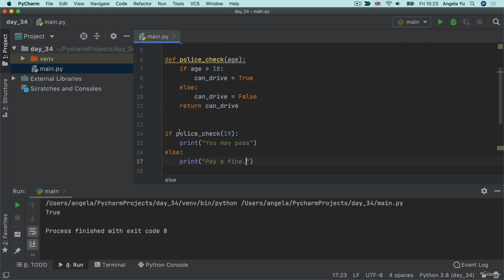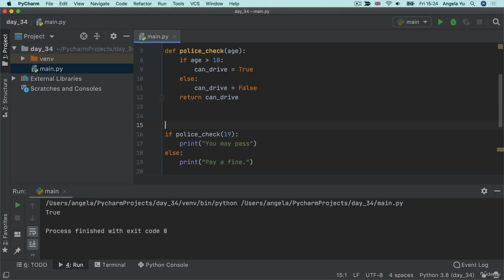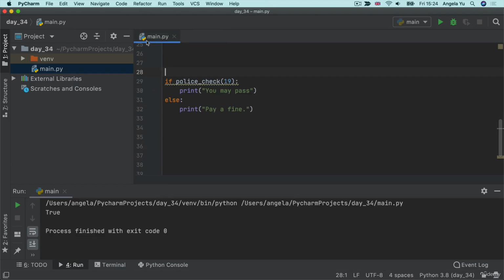So if the police check passes, then the policeman tells you may pass. Otherwise, you might have to pay a fine or spend a night in jail. So this is our function. And if we were to use this function police check at some point way down the line where we've forgotten